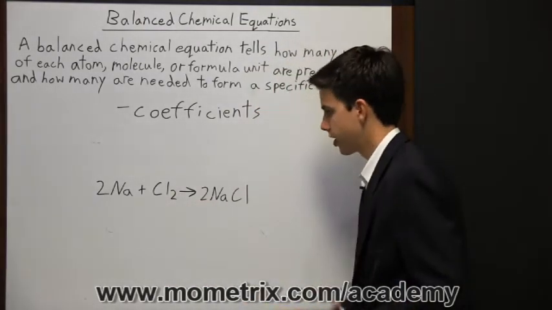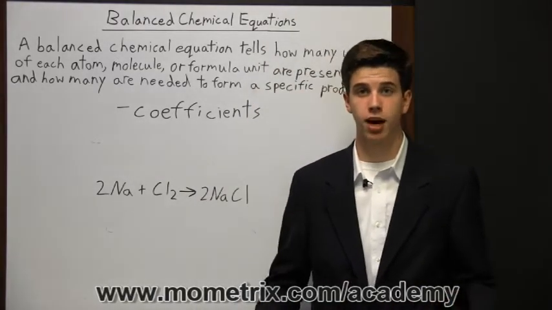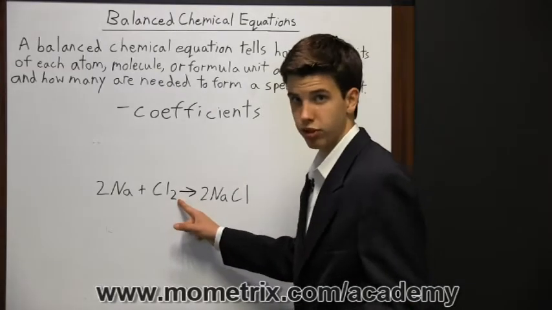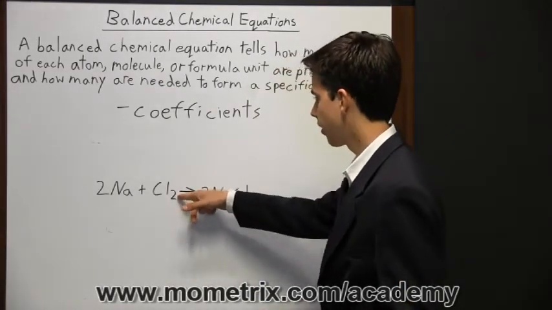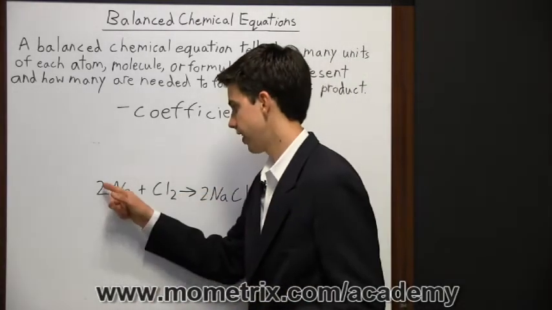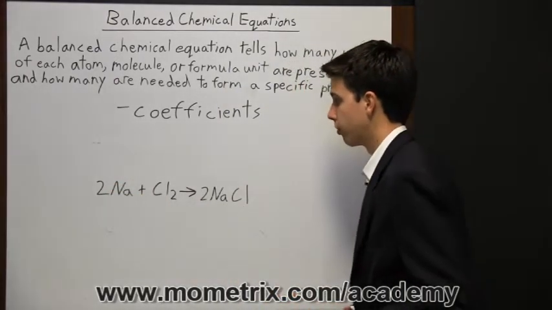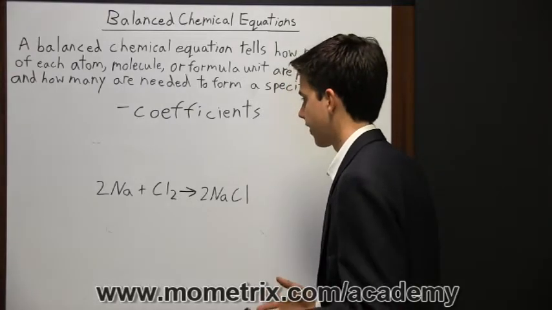So those are coefficients. Now, this little number right here is a subscript. And if you think about the prefix sub, like in submarine, it means below. And so if you think about the word subscript, it also has the prefix sub, which means it's below. And you can see how it's smaller and below here. Now, a coefficient is as big as the other letters. And so that's a coefficient right here. And it comes before the molecule or before the atom. And it tells you how many of something that you have.